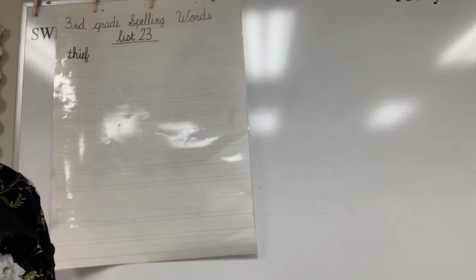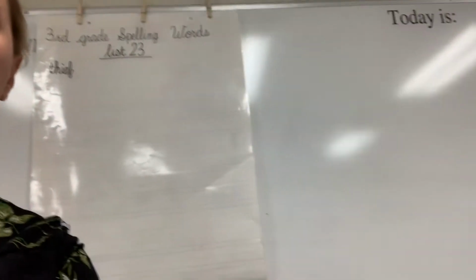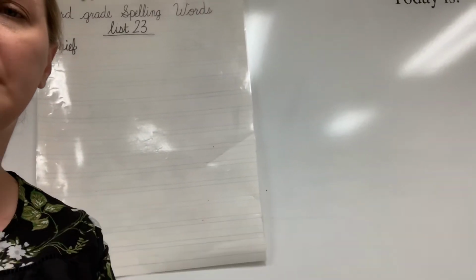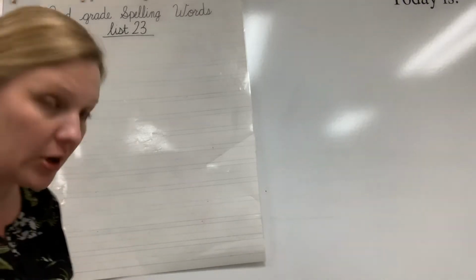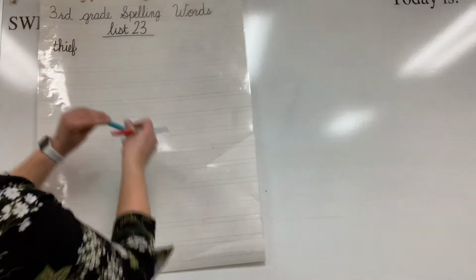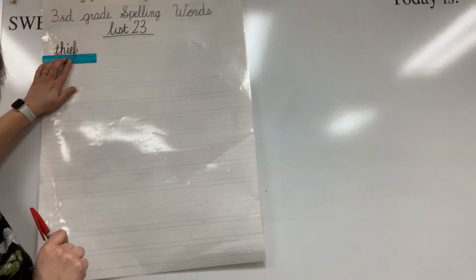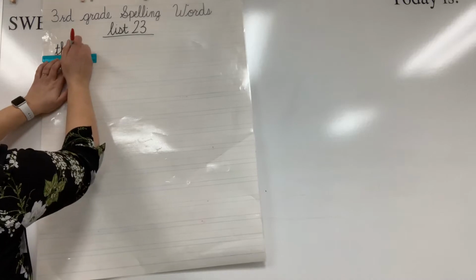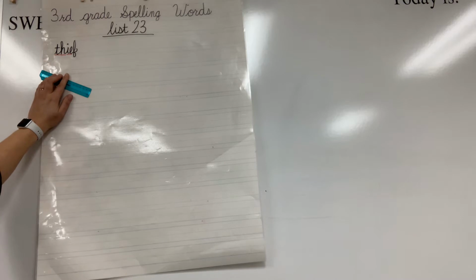Okay, can you see that very well? We'll get this system figured out eventually. So our word is thief, and we're going to need to mark it. So what do you think we're going to mark in thief? If you said th, you are correct. So go ahead and use your ruler to underline th. And then we're also going to underline ie, piece of pie. We say it ee, even though it's spelled I-E, because the sound it makes most often is the E sound. So th, ie, piece of pie,